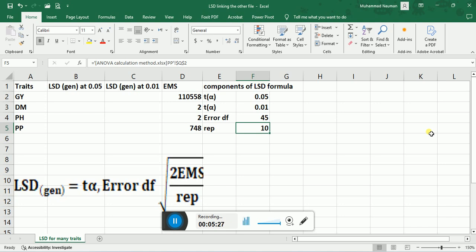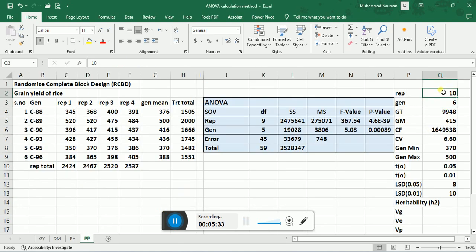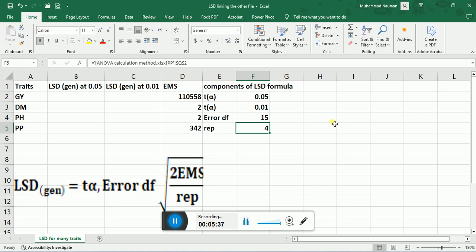You see the replication number has changed automatically. Here you see it is resumed.